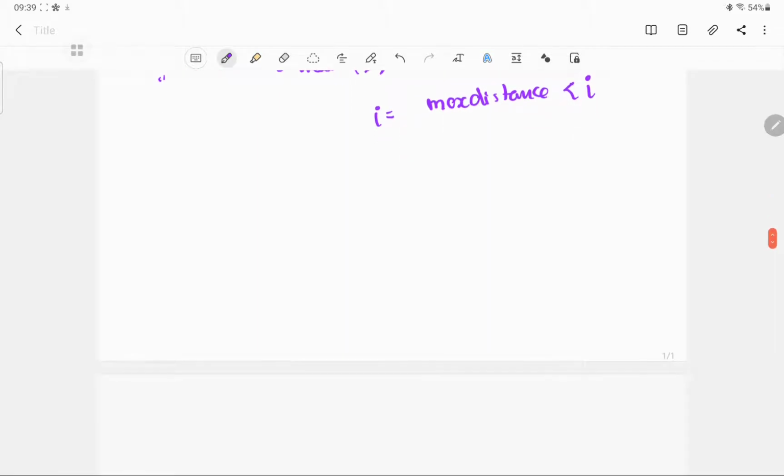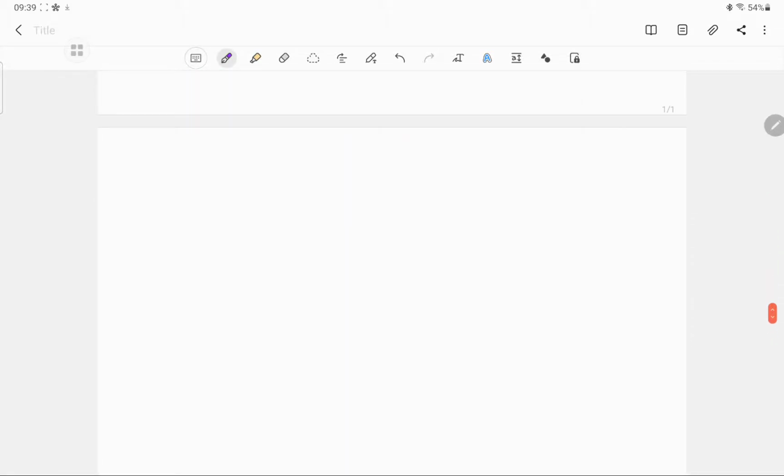So let me just write a pseudocode here. Let me write it in C++. We already have nums, so let me not create a main function, let me create a helper function. Bool calculate, whatever it was, and the input was vector int nums.